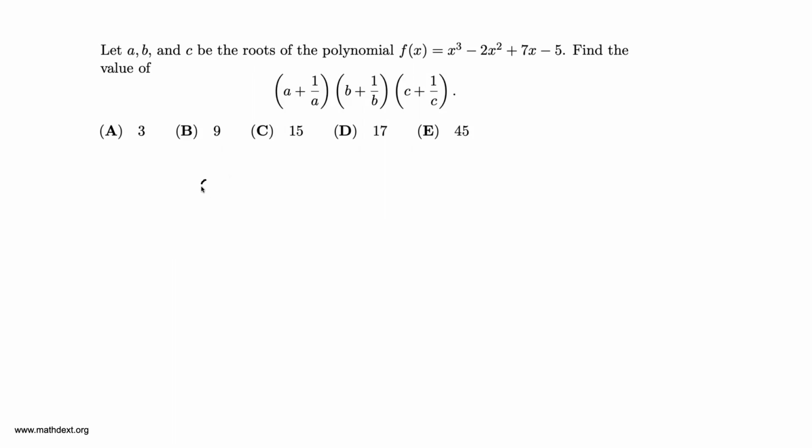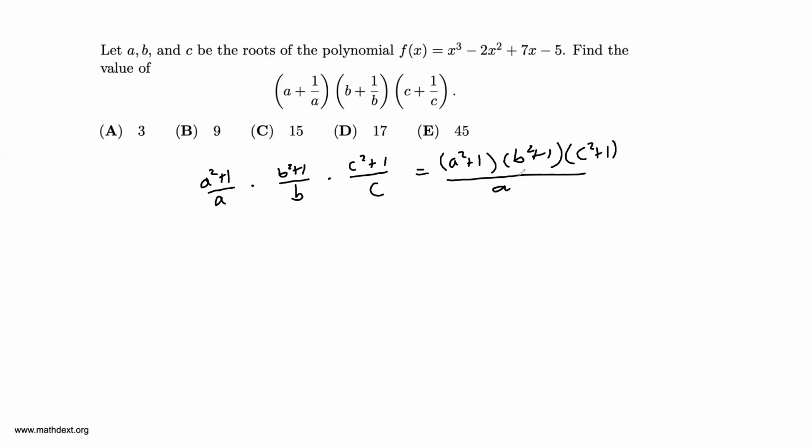1 over a, can be rewritten as a squared plus 1 over a. The second factor, b plus 1 over b, can be rewritten as b squared plus 1 over b. This third factor over here, c plus 1 over c, can be rewritten as c squared plus 1 over c. Right, and you can rewrite this as a squared plus 1, b squared plus 1, c squared plus 1 over abc. And the first thing you can do is notice that Vieta's formulas would give